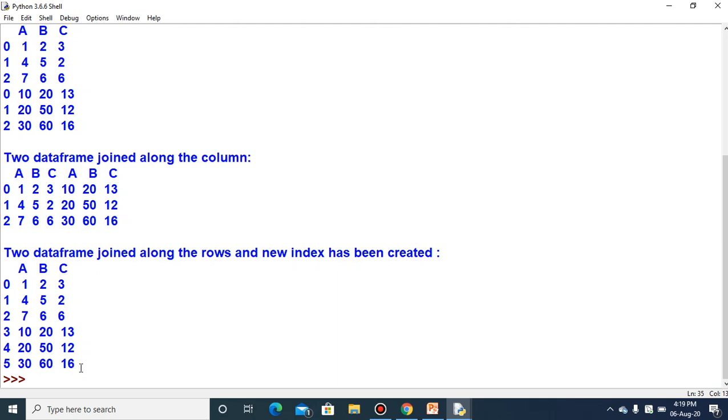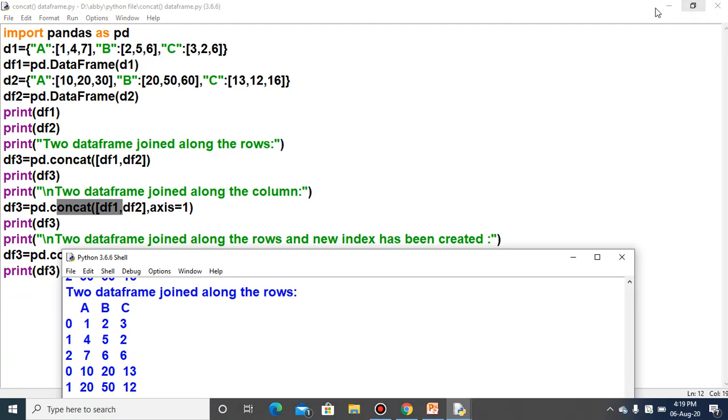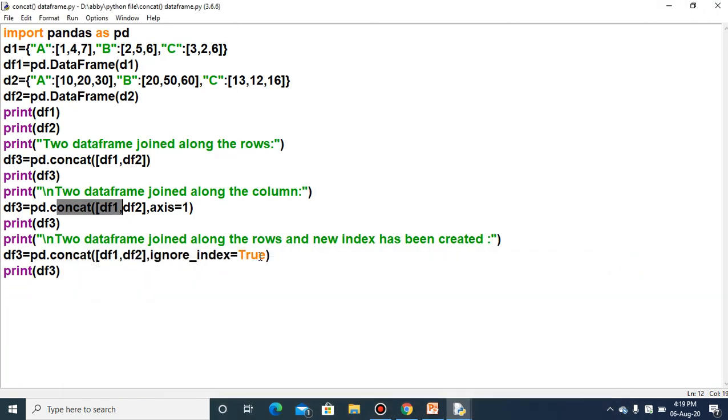When you need to change the indexes of the data frame after joining, you have to use the parameter ignore_index equal to True. In that way, after joining the data frames, a new index will be created.